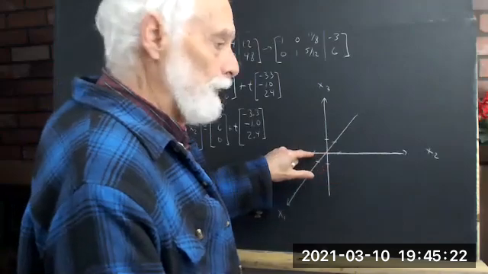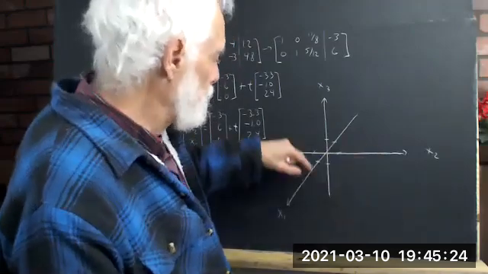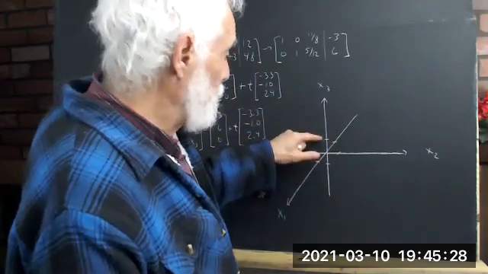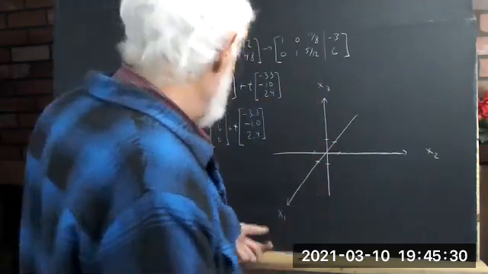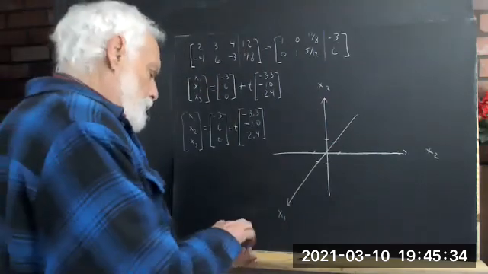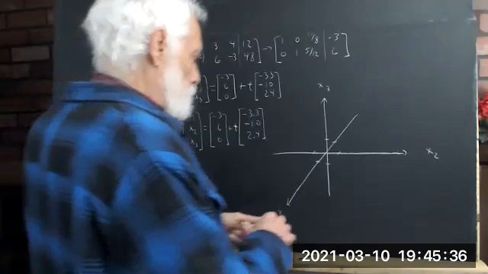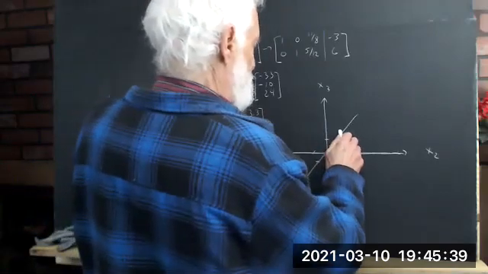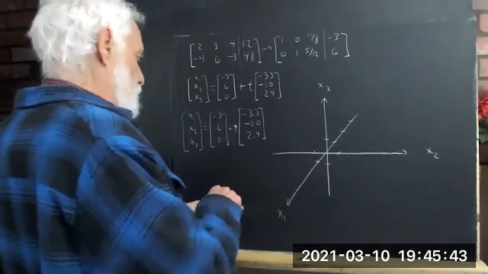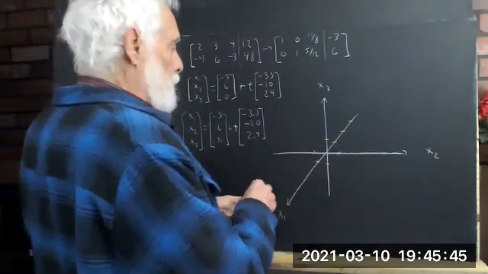Here's 1, here's -1 on the x2 axis. Here's 1, -1 on the x1 axis. Here's -1 and 1 on the x3 axis. So if I want to get -3, 6, 0, I've got to go 3 units back, negative x1 direction. So that puts me here